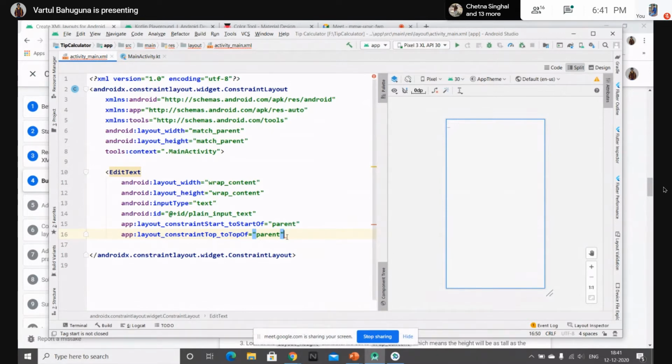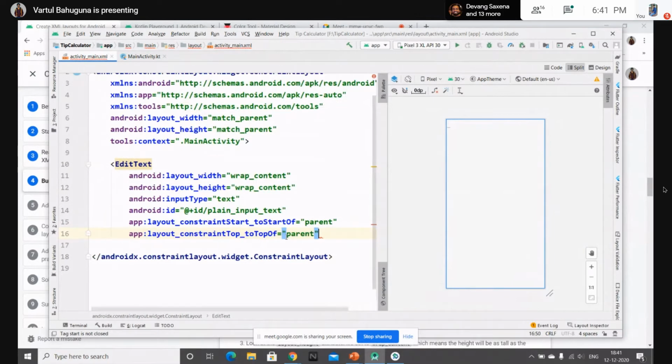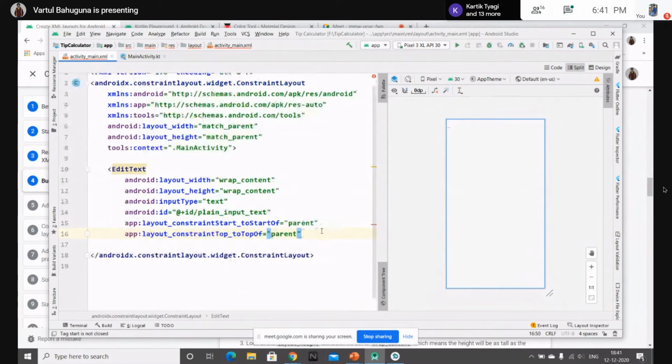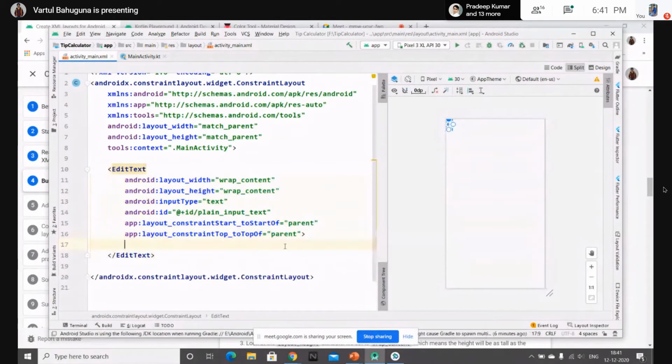So here it's showing a little red line, and that means there is an error. And yes, the error is that every tag in an XML has a closing tag. Like here, the constraint layout has its closing tag over here. So let's add that closing tag also. Let's first just make an angular bracket, and here we have its closing tag that starts with a slash and is followed by the name of the tag.